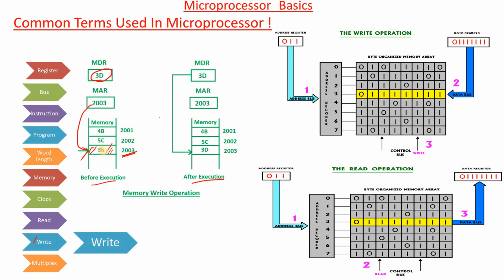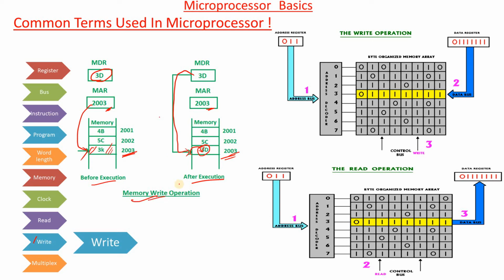Previously, what is the value inside this 2003? 3K. Now this data is replaced by this 3D. It means this 3D data is replaced inside this location. 3K is erased. In this operation, the memory data value is placed onto the data bus. The data bus will carry it like this, and it replaces the 3K. Now 3K is erased. The new value is placed inside this location. The new value is 3D, in the location 2003, because the memory address register points to the 2003 location.